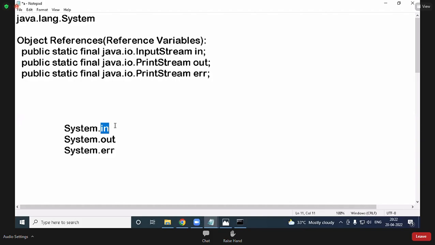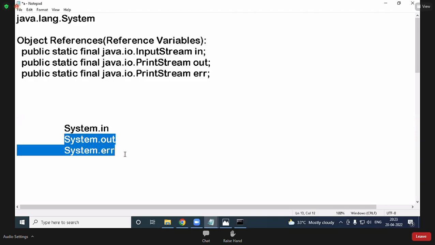Input stream methods. Using out, which class methods? Print stream. Using err, which class methods? Print stream. So by using in, input stream methods we can access. By using these two, print stream methods we can access.